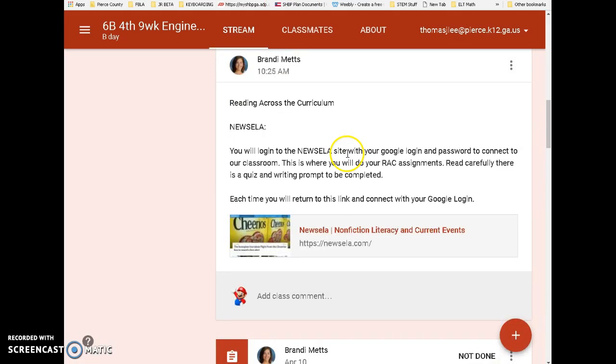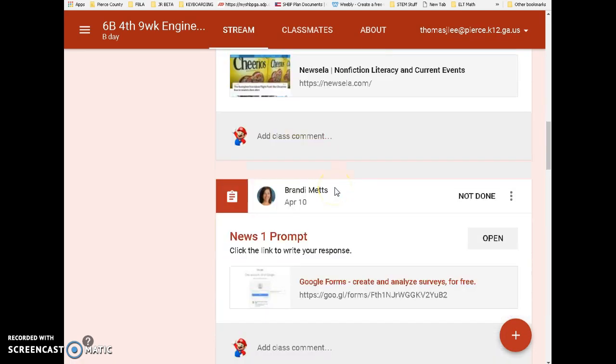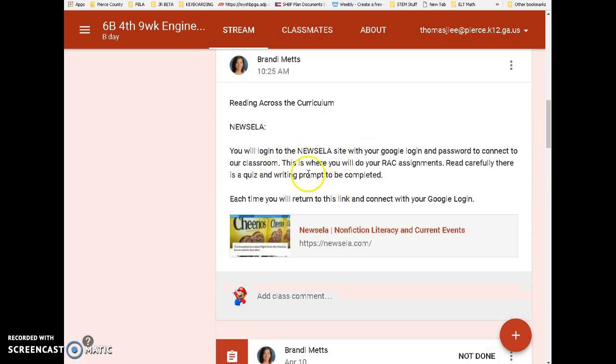Then you're going to go down to the Newsela website, and you're going to read about some new assistive technology that's coming around with 3D printers and for kids. So you're going to go to the Newsela link,